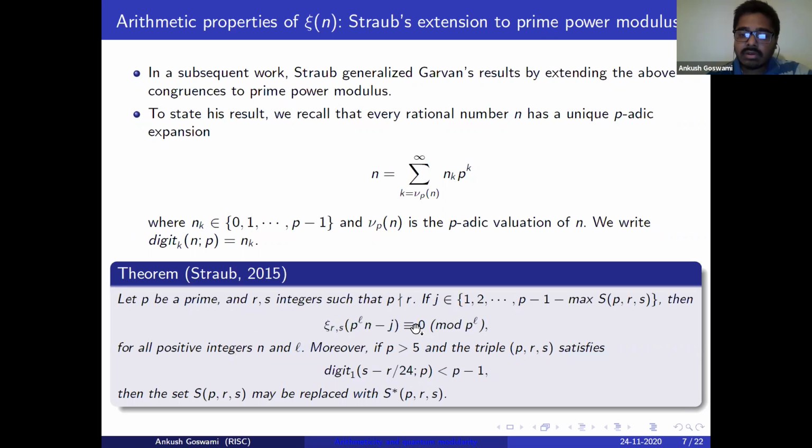And the second part of the theorem states that if p is strictly bigger than 5, that is if p is 7 and onwards, and the triple p, r, s satisfies this condition that the coefficient of p in the p-adic expansion of (s minus r) over 24 is not equal to p minus 1, then one can replace the set S_{p,r,s} by the smaller set S star_{p,r,s}. So this is Straub's result, and using his result, one can